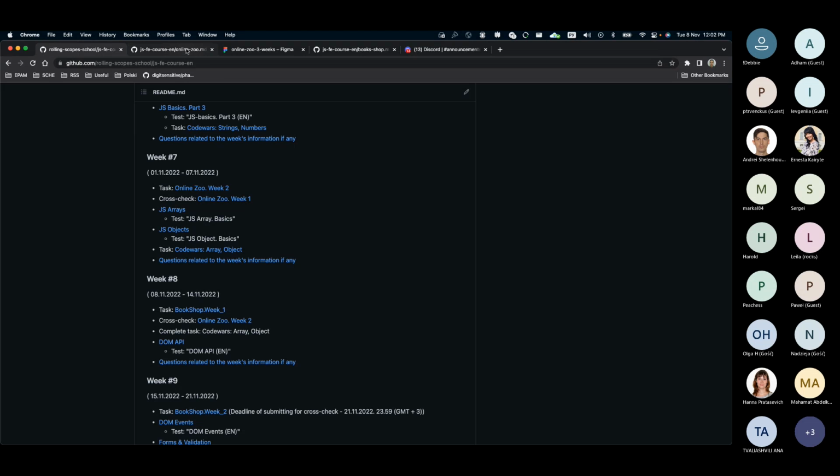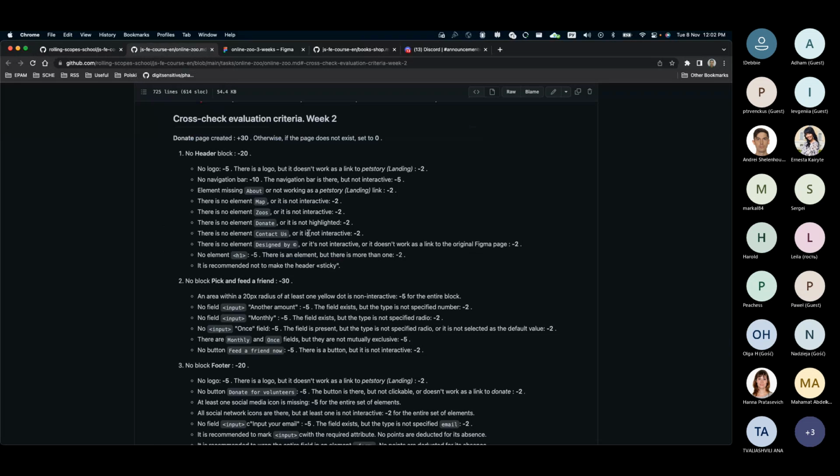So for the current week, we're starting with the cross check of week 2. What I wanted to highlight here is we asked you last time to update your RS app and Discord profiles, specifying your GitHub and all your contact details.